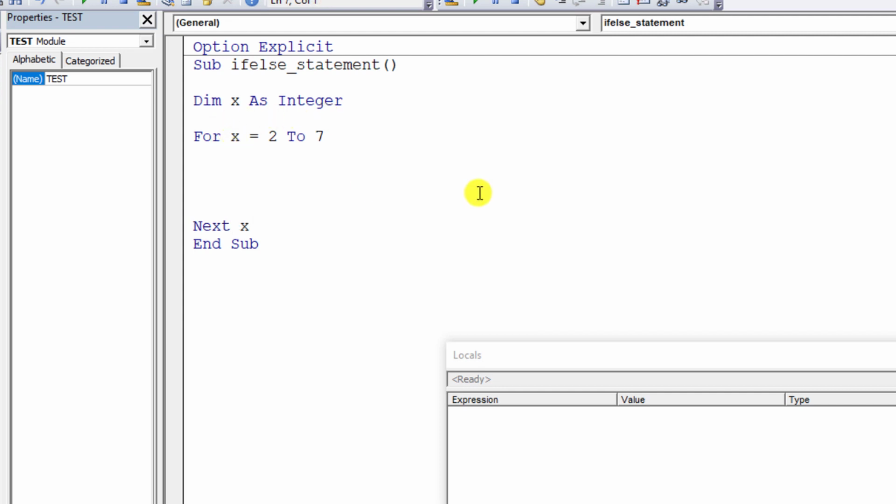Here we will give some conditions. If cells, here row index x and column 1 dot value less than 30, then